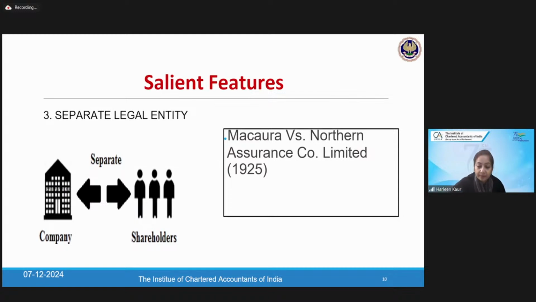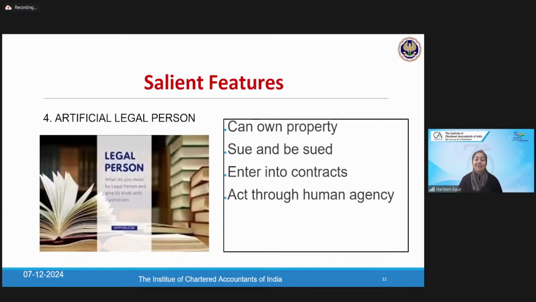All right. Everyone is clear about Makora case though. Again, the same point, artificial legal person. So company has come into existence. Can you see how beautifully the books of the paper